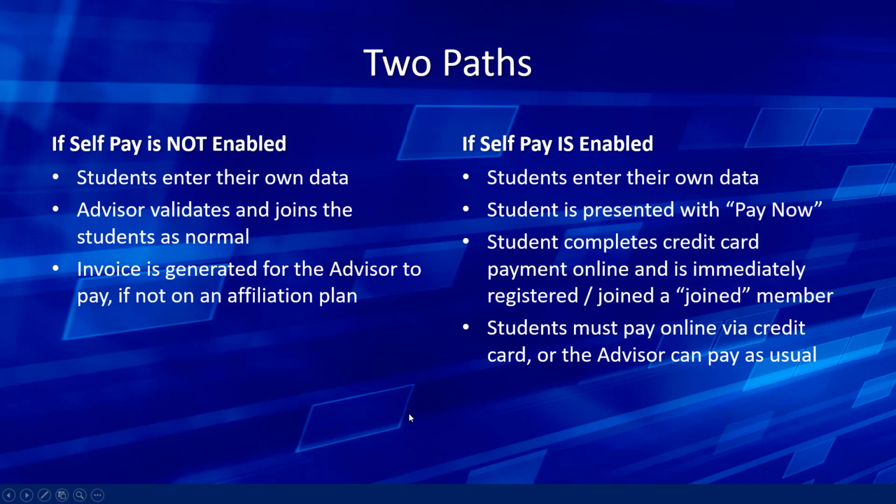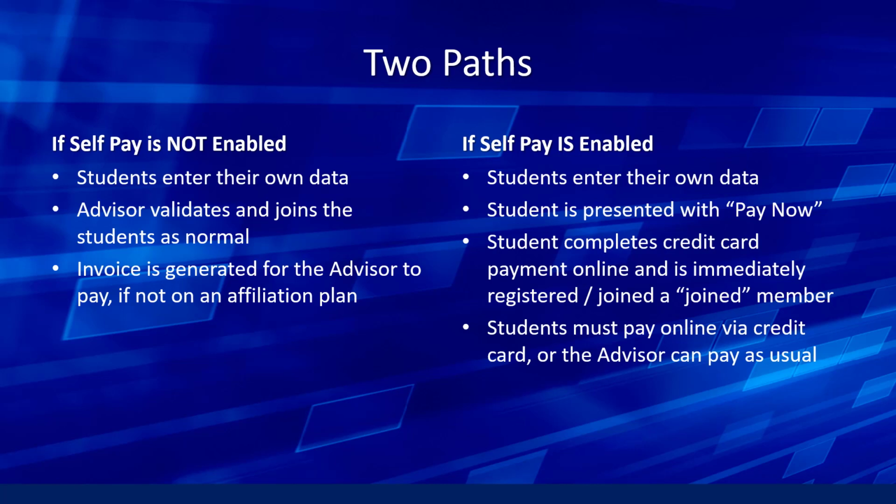So there are two paths for what happens when the student goes to register for Skills USA using these tools. If self-payment is not enabled, then the students enter their own information, their own name, their own date of birth, and they submit that. And the advisor then validates that information, sort of reviews it all, and the advisor is the one that actually joins the students, just like you normally would, as if the advisor had typed the student's information in himself. In that scenario, an invoice is generated for the advisor to pay if they're not on an affiliation plan, and the advisor pays that invoice himself or with a school check or credit card or whatever